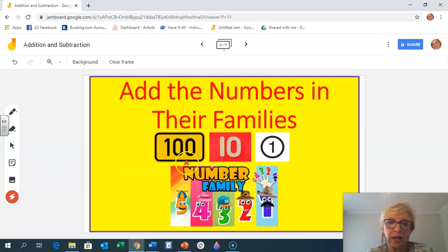So over here on my slide, there's my hundreds, so that would be in my hundreds column, the tens in my tens column, and the ones in my ones column, or my units column, and I call this the number family. So we're adding all the numbers in the hundreds family together. Then we add all the numbers in the tens family, and then we add all the numbers in the ones or units family, and then we mix them and add them all together to get a final total. Let's have a look at this